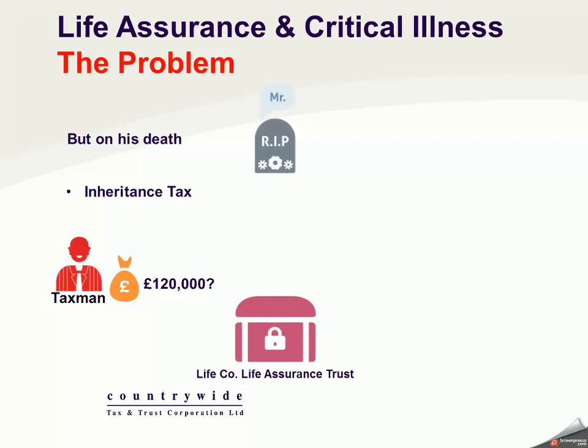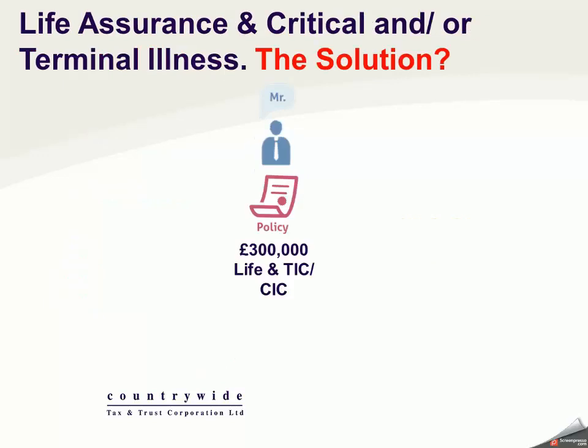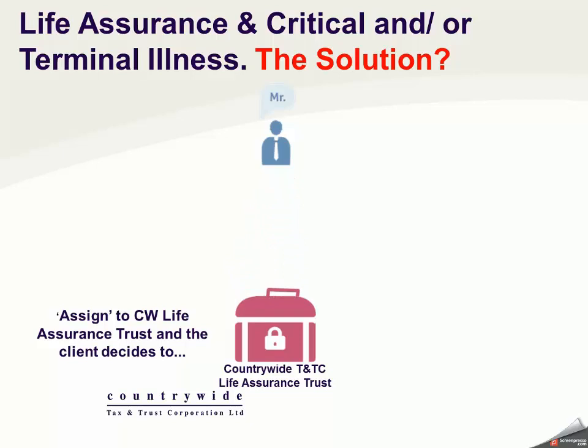We really do need to give the clients the choice rather than, as I keep saying, giving them a trust that makes that choice for them. So how can we avoid this? The solution is a trust that empowers the clients, that being a Countrywide Life Assurance Trust, and they can choose, and they'll have the full knowledge, it's all in the trust, about how the terminal illness works, how the critical illness works, whether they want to gift or retain, and the advantages and disadvantages of working both ways,